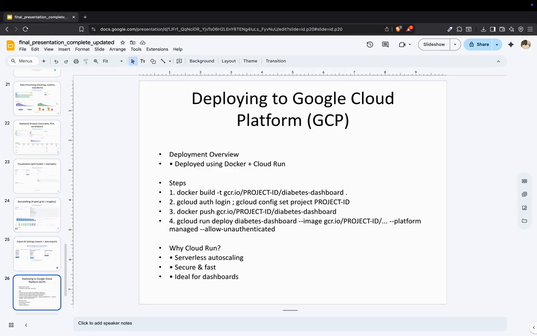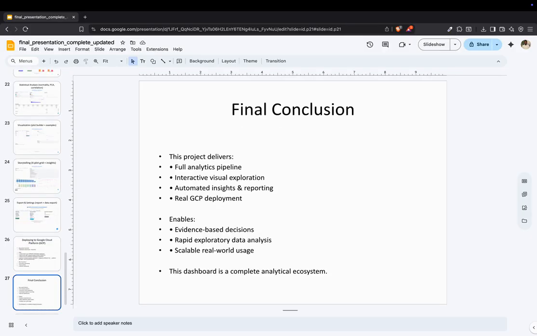Deploying to GCP. I deployed the dashboard using Docker and Google Cloud Run. The steps included building a Docker image, authenticating with GCP, pushing the image to the container registry, and running the deployment. Cloud Run is ideal because it's serverless, auto-scaling, secure, and perfect for dashboards. Final conclusion. To conclude, this project shows a complete analytical ecosystem: advanced data processing,